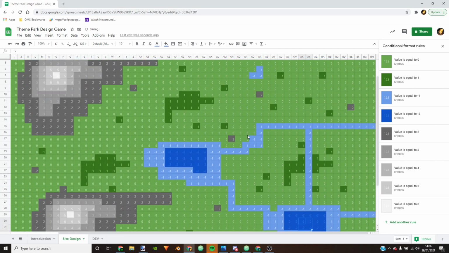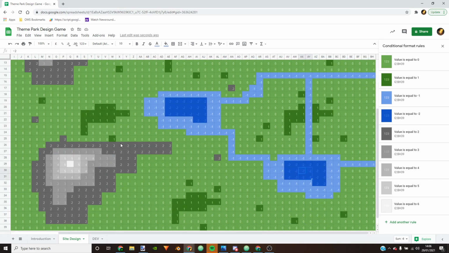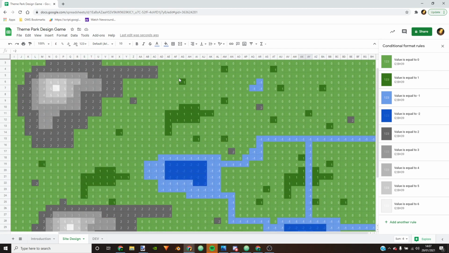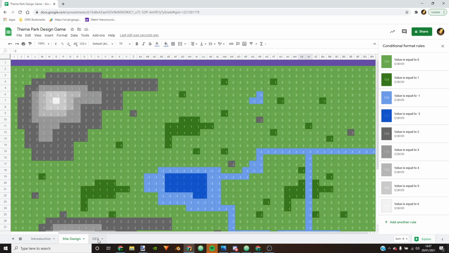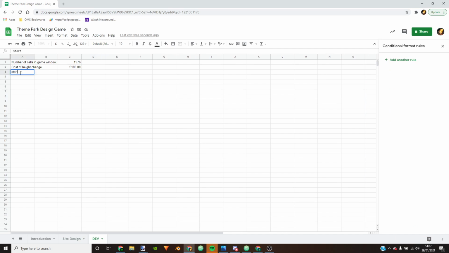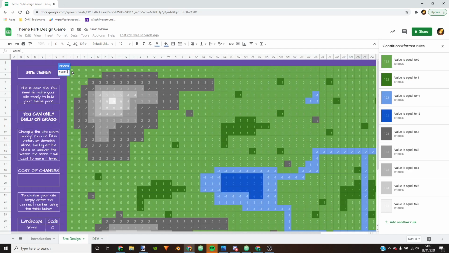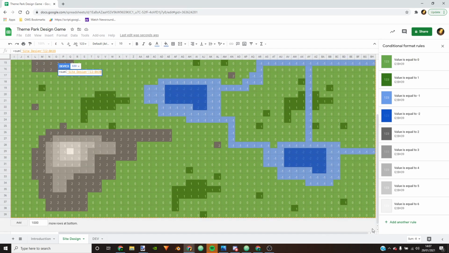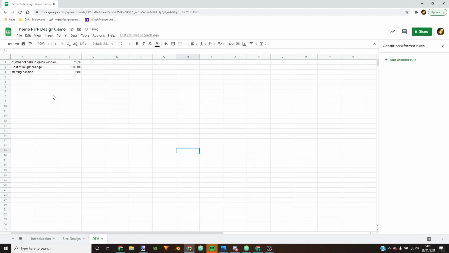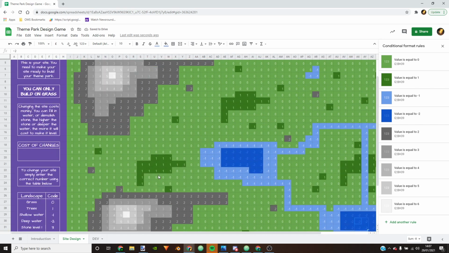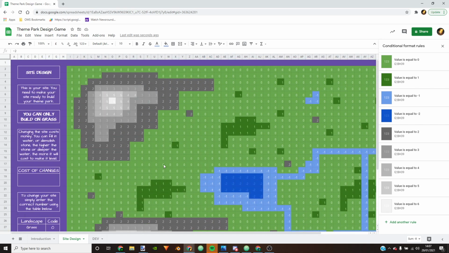There we go. So let's say that's the starting position I'm going to give the player. Now what we need to do is find out what the current height values are and add them all up. So I'm going to say starting position on my dev page is going to be equal to sum, which means add all of the numbers in that area. Okay, so that tells us that the values of all the numbers in these cells is